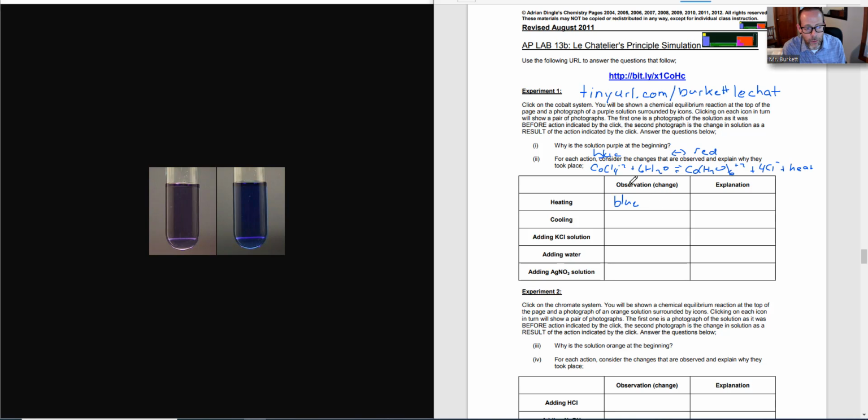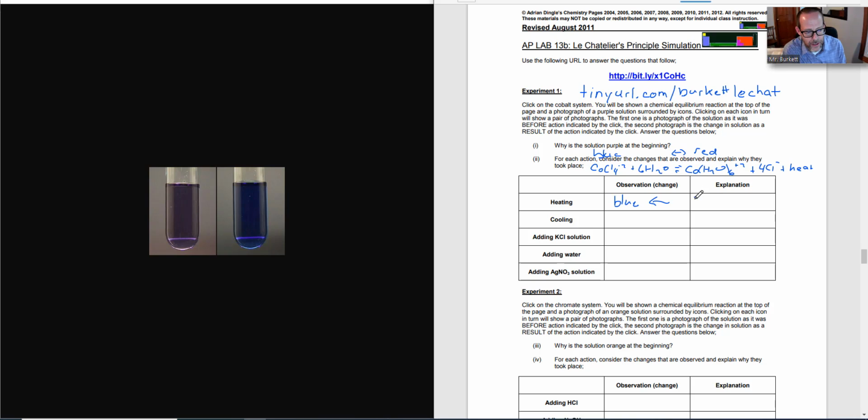If, instead of doing blue for the observation, you just want to put an arrow that is shifting to the left, that's completely fine. So either of these 2 things is good, blue or an arrow. But my explanation is going to be a little more in-depth. It might be tough for some of you to fit in this little box, so feel free to go outside the box. But an explanation for this one might be something like